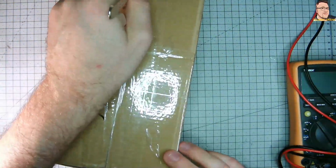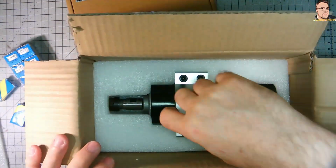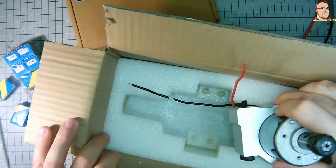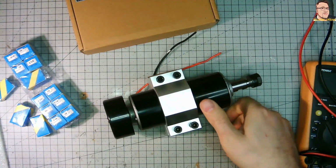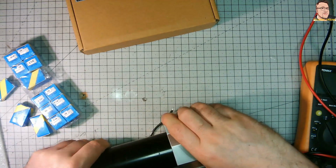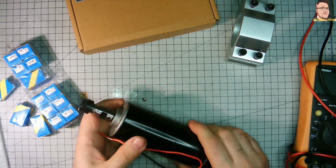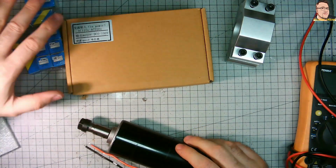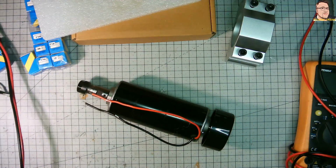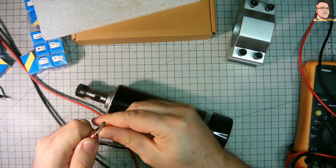Quick unboxing, and we can check what is inside. Small boxes, bigger, and now we have the Spindle motor, which is a 500 watts air cooling spindle motor with a lot of collets. There are exactly 14 pieces, ER11 collets, and a 52mm bracket for CNC and engraving machine. All this pack is including a PWM controller,